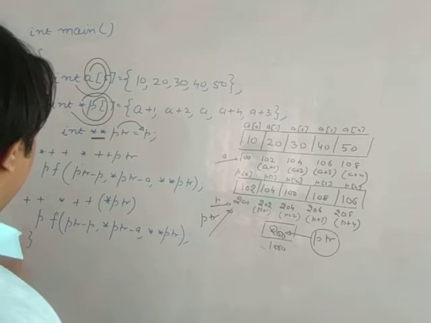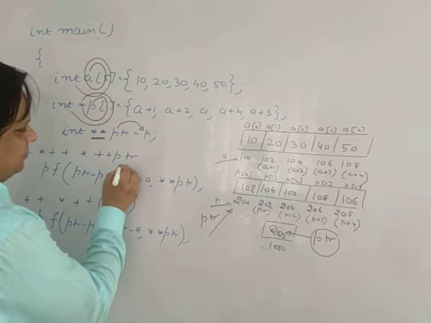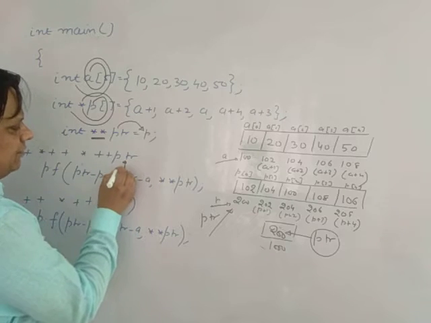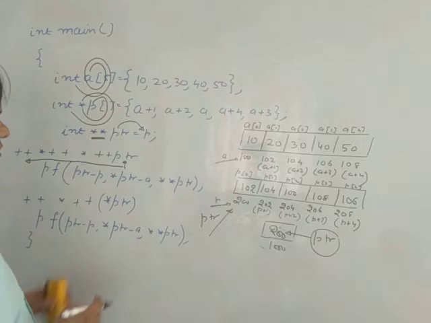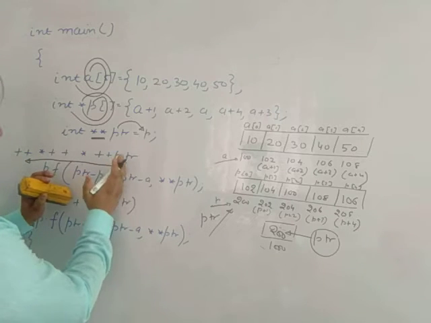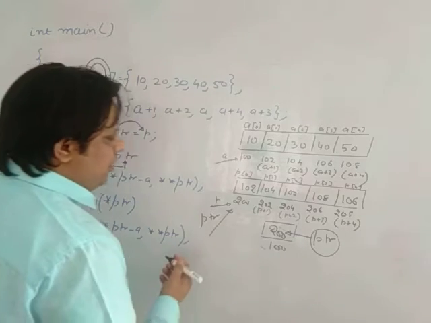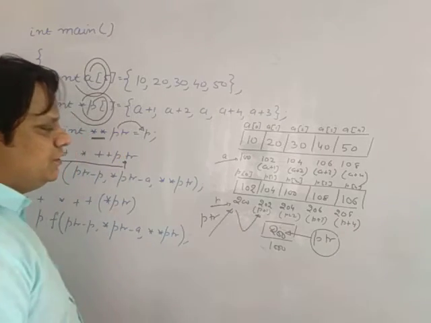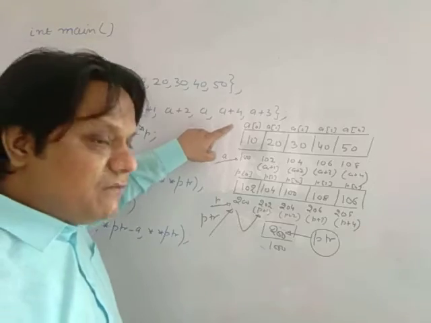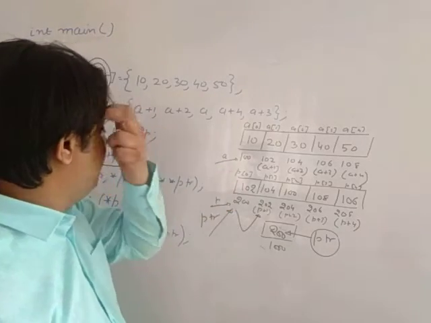Now try to solve these pointer expressions. Now ++ptr. So what you do guys, focus on the variable and try to solve the expression in this way, right to left. From the variable you move to the left side. So from ptr you do ++ptr. That means you increment the pointer. So when you increment the pointer, your pointer moves to 202. Now before this, what is the value of a? a is 100 because a is an array. What is p? P is also an array. So the value of p is 200.